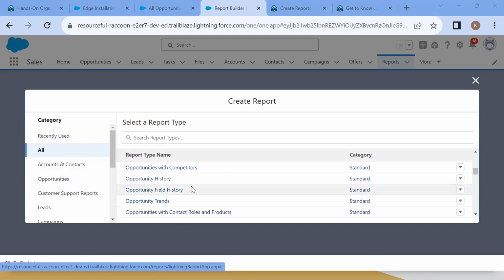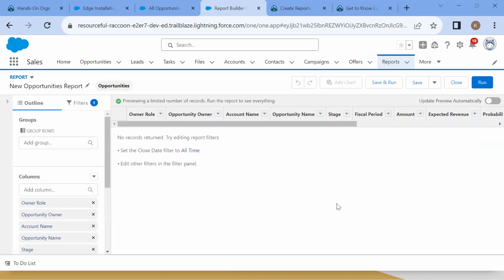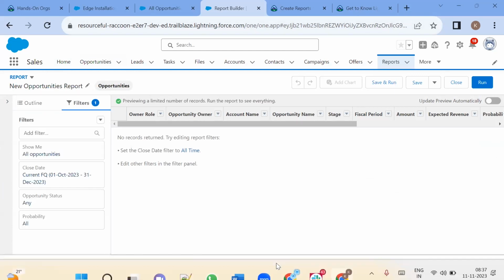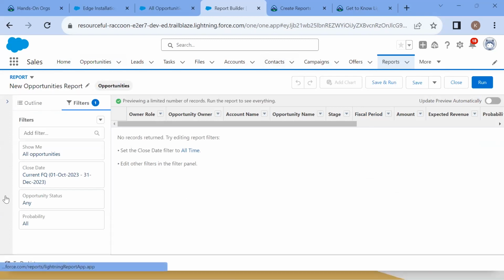Now, for now I want to create a report on just opportunities, just opportunity. I'll click start reporting. Once I click start reporting, there will be an option for us to create a report. A different UI opens now. This UI is nothing but the report builder, where you can create a report